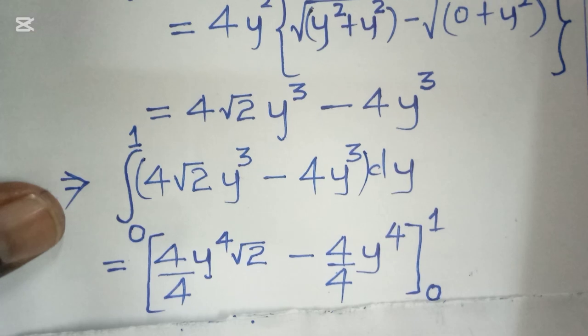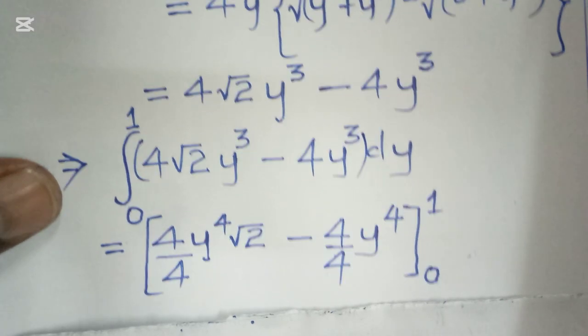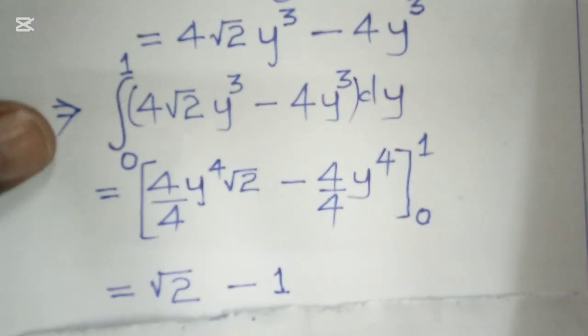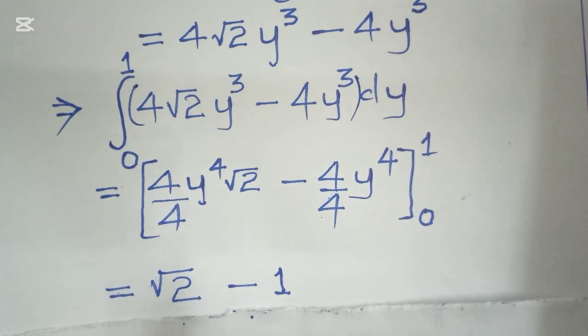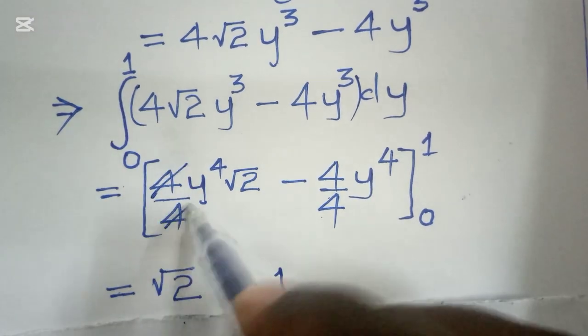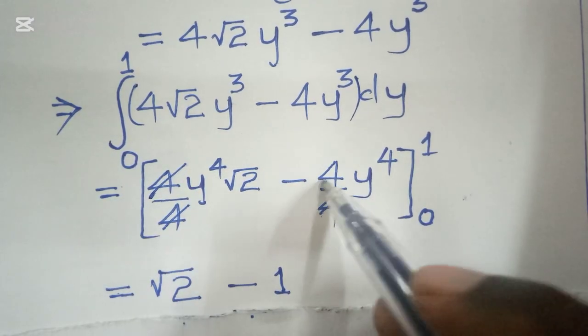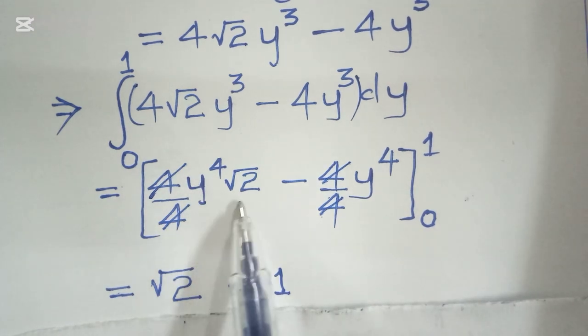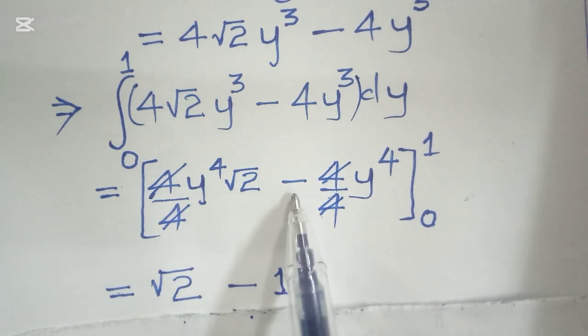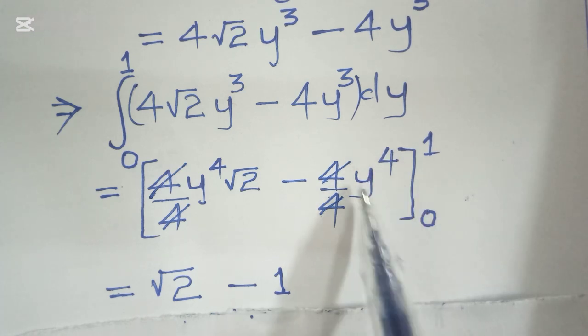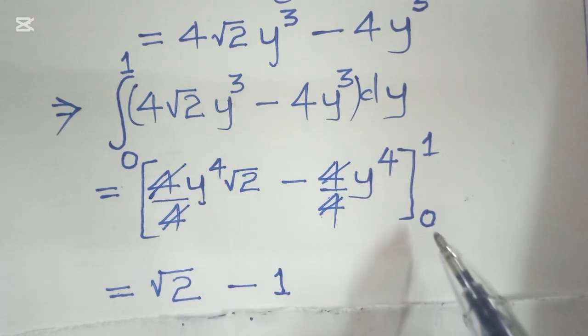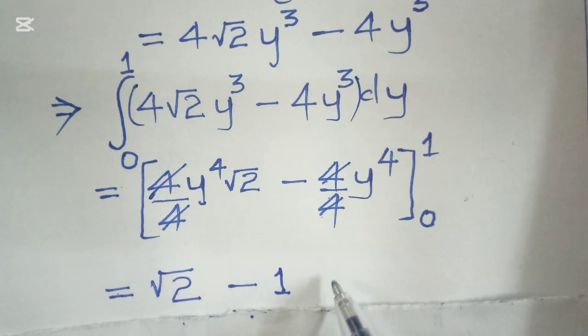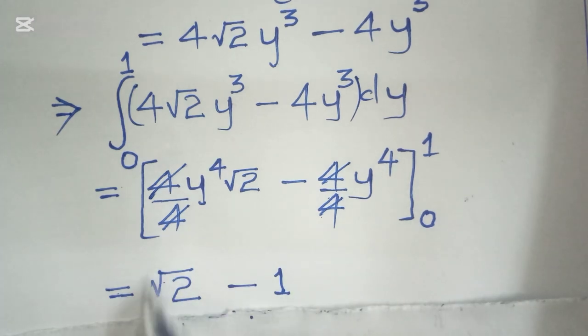And now, guys, we put our limits, that is 0 and 1. Putting 0 and 1, guys, we are going to have this, because this 4 cancels, this also 4 cancels, and so therefore we shall have here, this is 1, we are left with the square root of 2, now minus, this is also 1, and if we replace with 0, guys, this is now going to be 0. In other words, we shall have this now minus 0. So this is now our